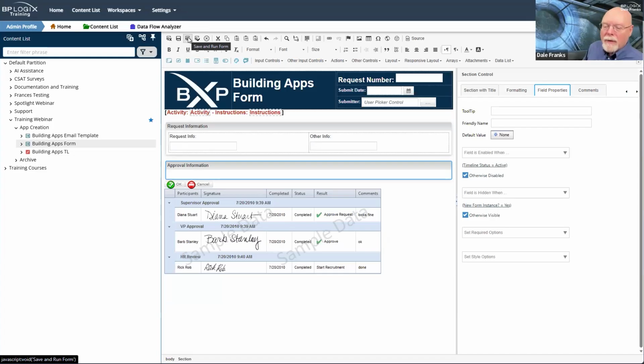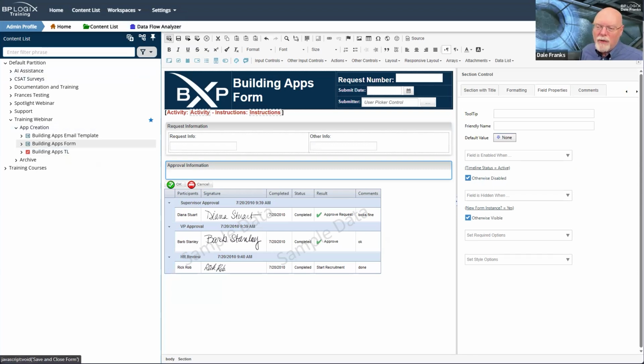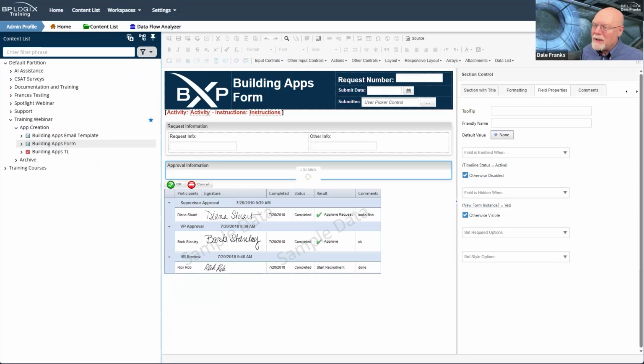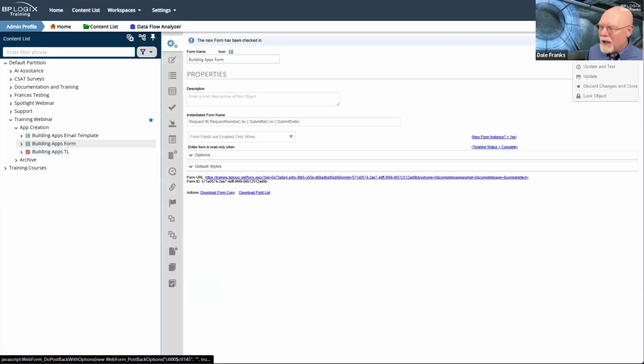But we are going to have to create some form instances, and that means we're also going to have to create some timeline instances as well. Now, we didn't do much configuration on our building apps timeline, but we will kick it off. I think, if I remember right, I created a user activity, but I might not have. So we're going to go check that. So we're going to save and close the form, just to be sure that my timeline is going to work now that I'm at the point where I can begin testing some functionality.